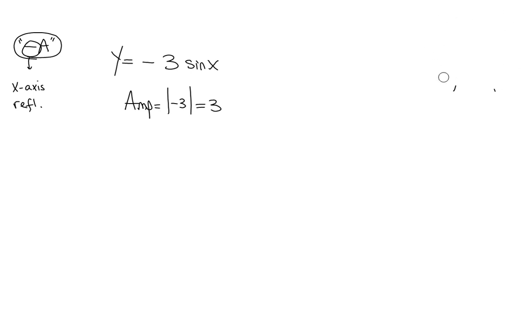Notice I don't have any other transformations going on here. My amplitude, excuse me, I do have one other transformation. We transformed our amplitude already though. There is no period change. The period is 2 pi. There's no vertical shift, so we don't have to worry about that. So again, you can take care of your amplitude and your period when you set up your scale. So this is going to go between 3 and negative 3, going out to 2 pi, half of that,